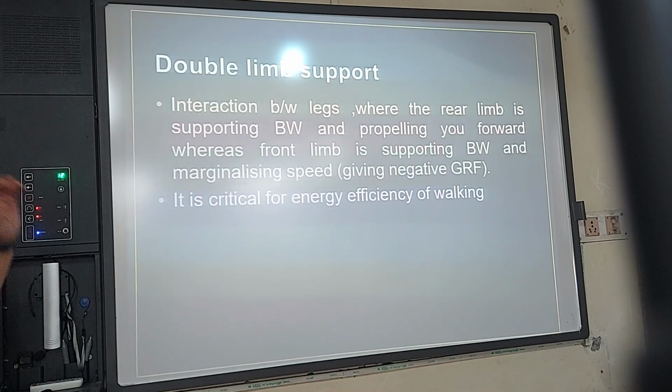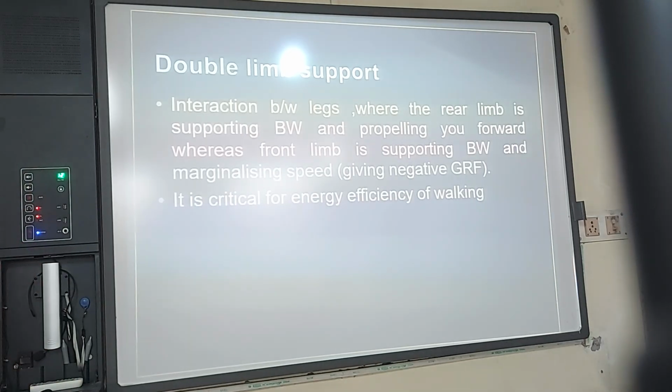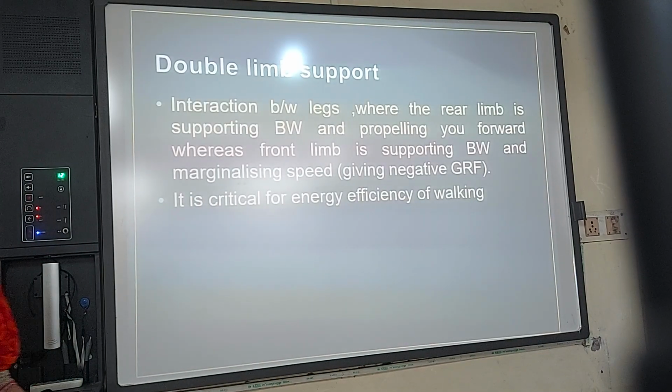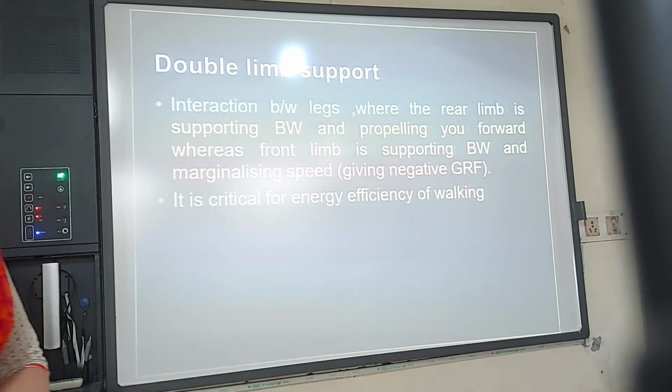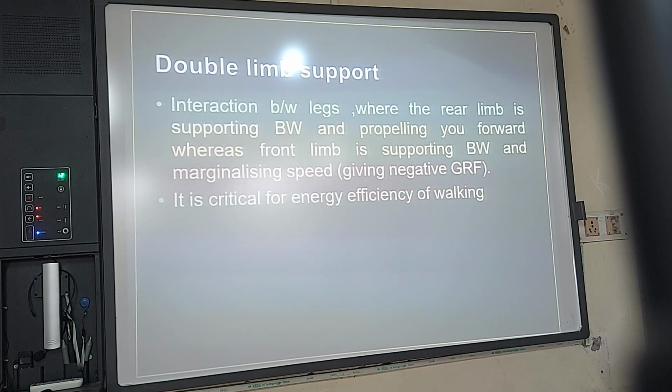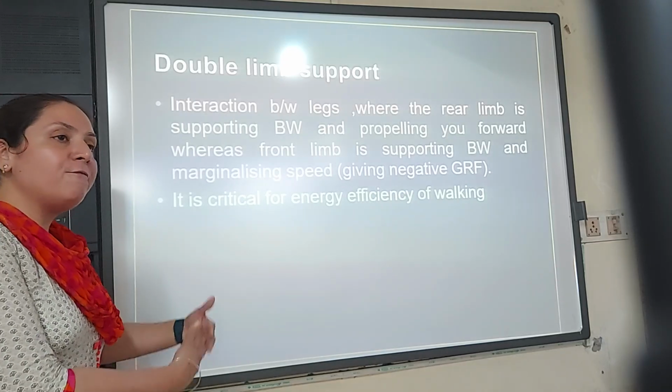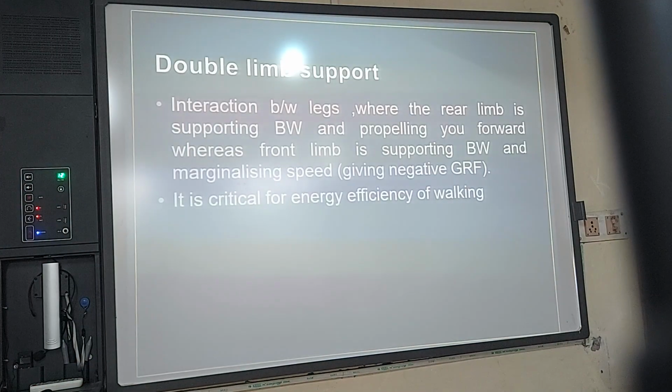Now, what did this line say? If I am walking, fine, this is my rear foot and this is my forefoot. The one in front is the forefoot, this is my rear foot. Now this is responsible for, of course, taking my body weight. 50% should go over here, or some part should go over here and some part should come. This is there, but the rear one is responsible for moving me forward. It is not the forward foot. It is the rear foot which is responsible for giving me a thrust to move forward, whereas my forward foot is basically slowing down this momentum of shifting.